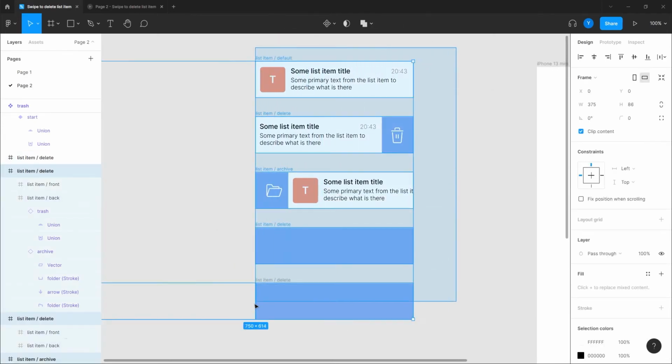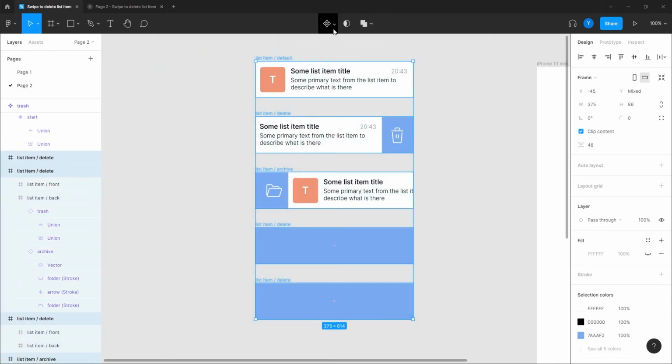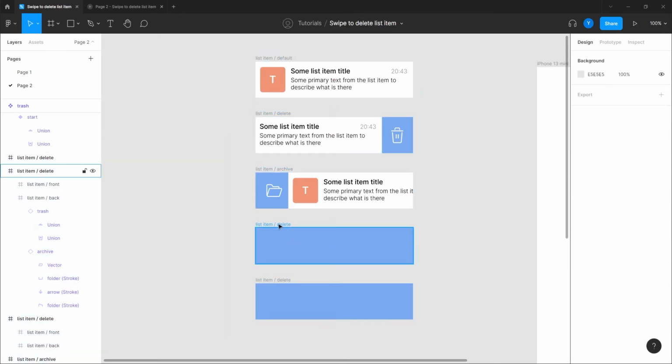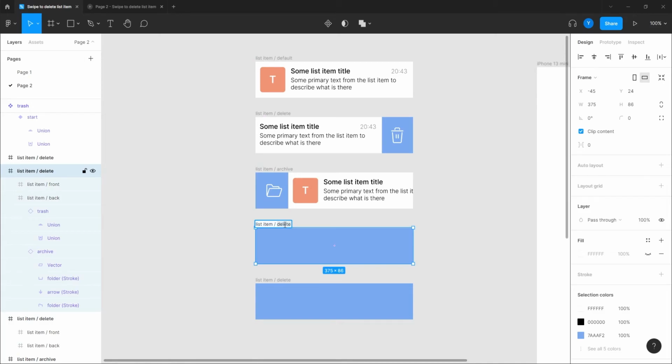I'm going to select them all together, and now I'm going to create a component set. Sorry, these ones, by the way, that was a delete, that was an archive, and now this one is, let's call it cleared, and that is deleted. Okay, good.